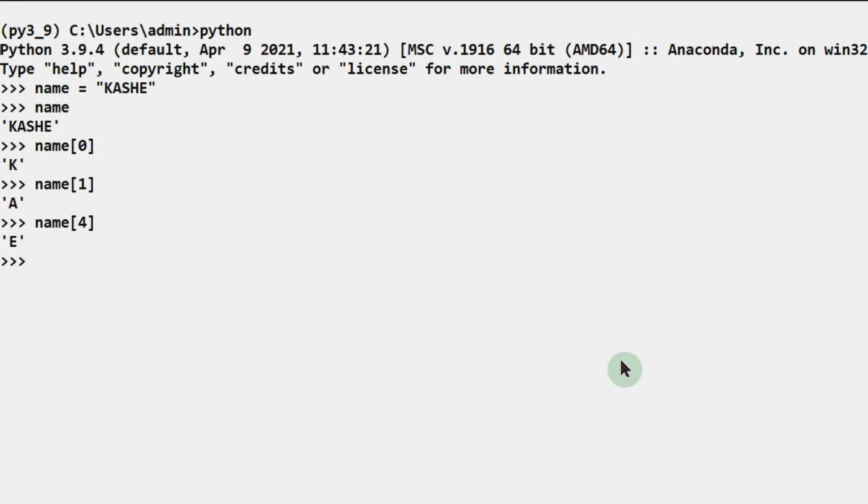In the same way we can use negative indexing to access all these characters. You know that the last item in any sequence will have the negative index -1. Then I can access the last character in this string by using the -1 index. Then I got e. Then the last but one character can be accessed by using -2 as its index. Here the first character index would be -5.